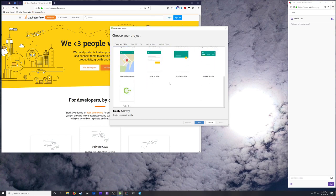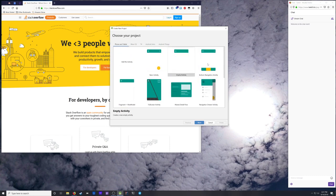I'm a big fan of bottom nav. I really like the way it works. I don't imagine using this on any device other than my own phone right now, which